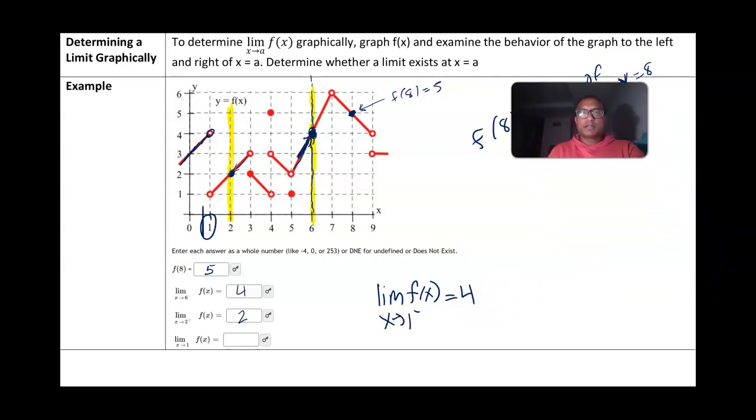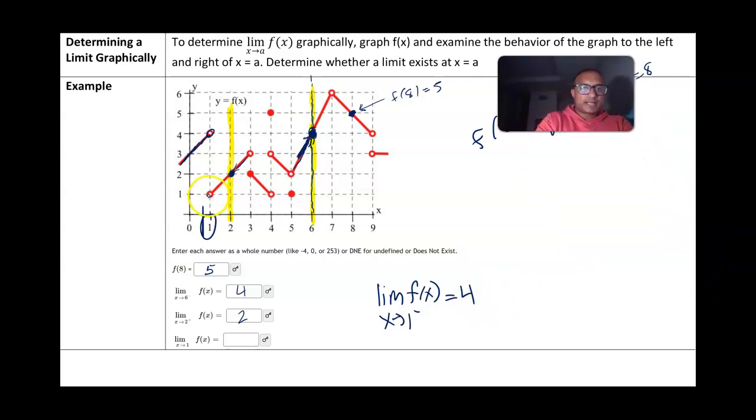Now let's take a look at the limit as x approaches 1 from the right side. From the right side, the graph is here. From the right side, the limit is 1. So the limit as x approaches